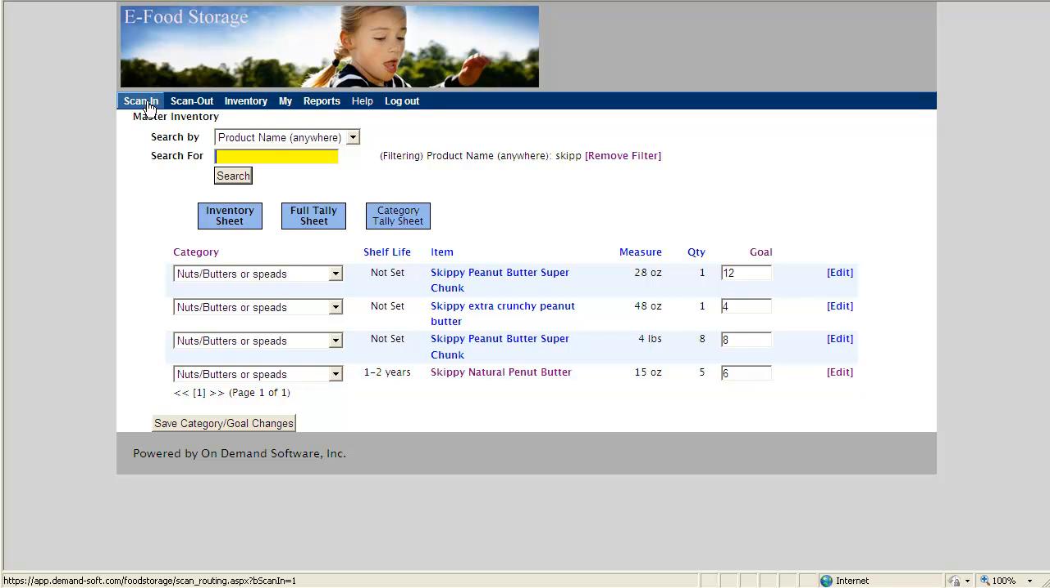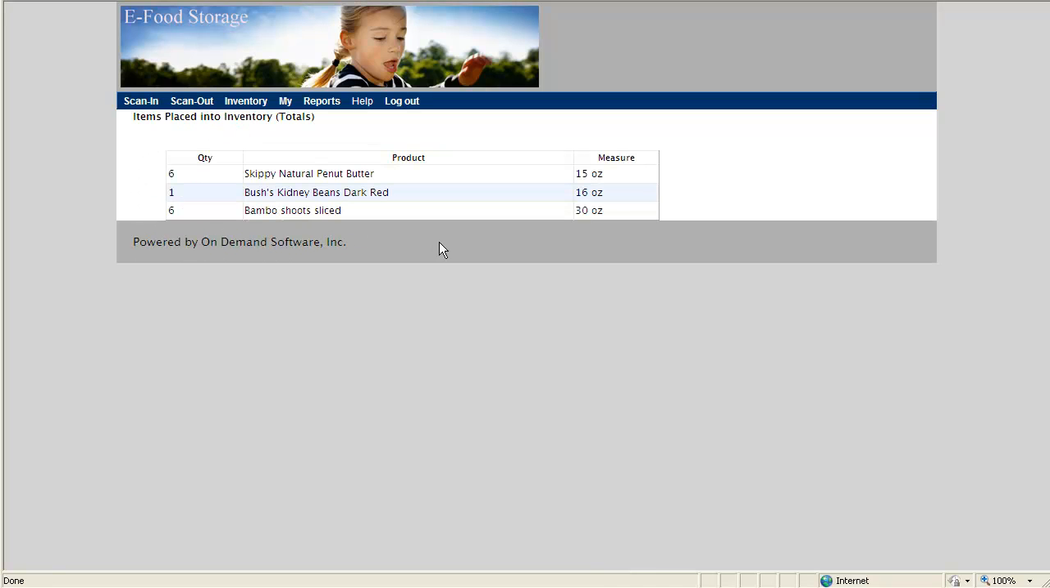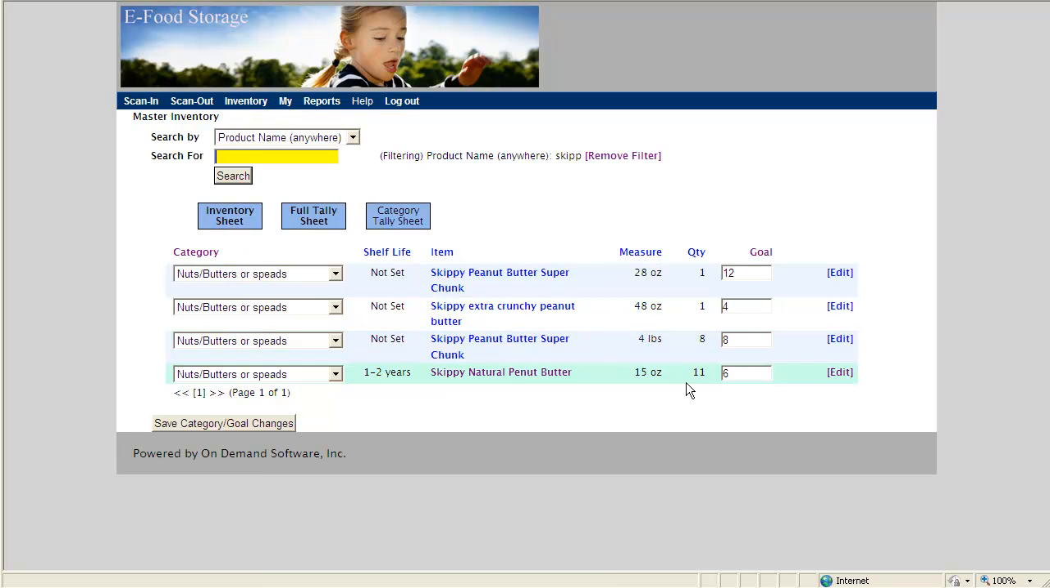So if I go back to Scan In, I click Done, move into inventory, you'll notice those items appear, what it put in there. It says it put 6 peanut butters, 1 kidney beans, and 6 bamboo shoots sliced into my inventory. And go back to my inventory. I can now see that I have 11 Skippy natural peanut butters in my inventory. You see my goal is 6, which we'll talk about later how that affects shopping lists,